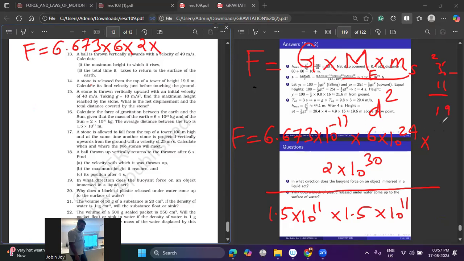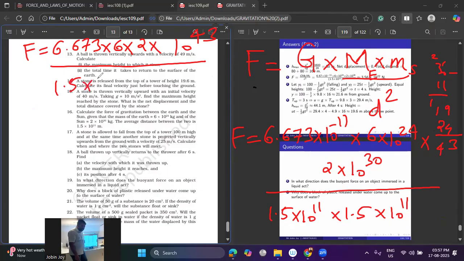Then 24, 24 means 19 plus 24, that makes 43, right? So this is into 10 raised to 43 divided by